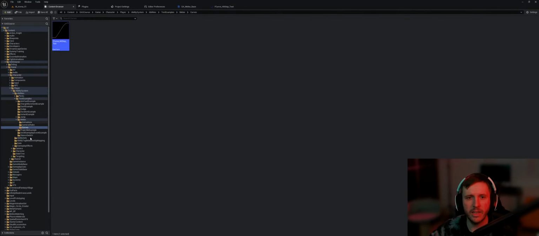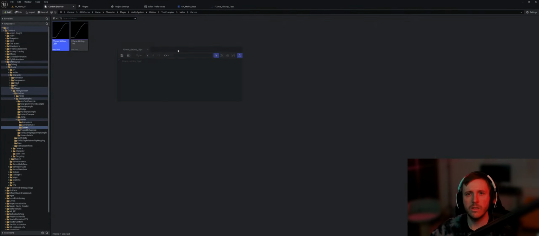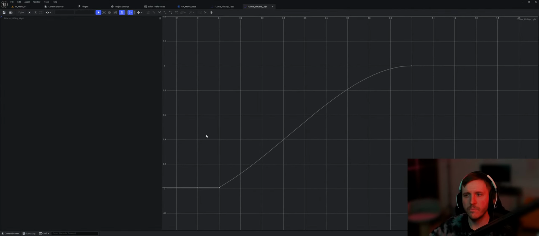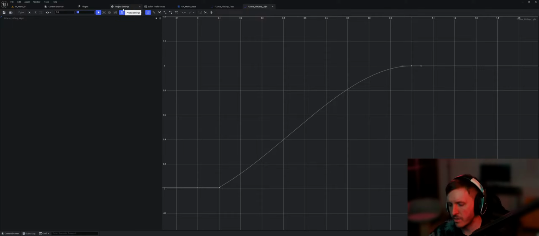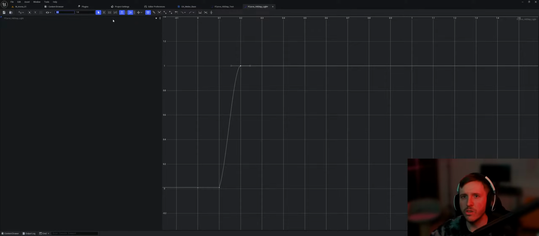Let's make something I kind of like here. So let's make a duplicate. We're gonna say f curve underscore hit stop light, and light hit stop. What I would like it to do, it starts us out at 0.01, which is good. So for light attacks, I think it makes a lot of sense for it to be at max 0.2 seconds, but like the 0.2